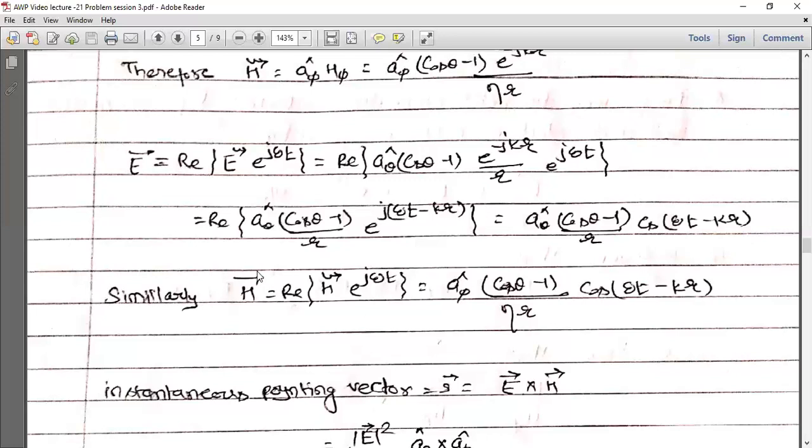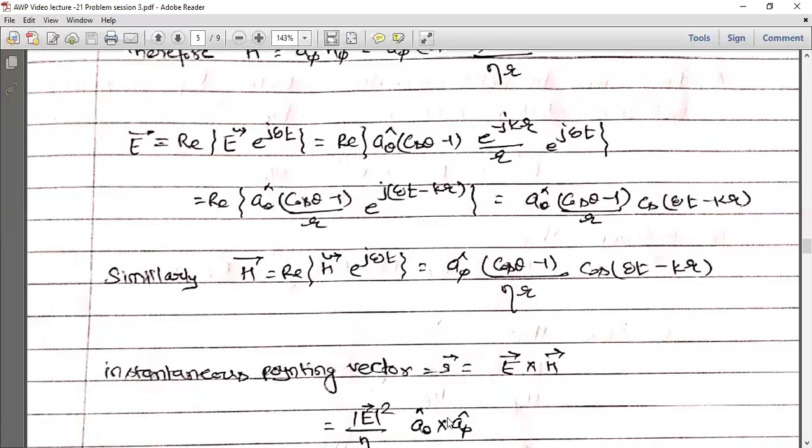Our objective is not to find power density, rather our objective is to find the average power density. The instantaneous Poynting vector S, or instantaneous power density, means power density at that particular instant. This is a function of time. So at different times, you can have different values of power density at the same point. Our objective is not to find this, because this is time dependent. We have to find a quantity which is independent of time, the average of the power density over a particular duration.